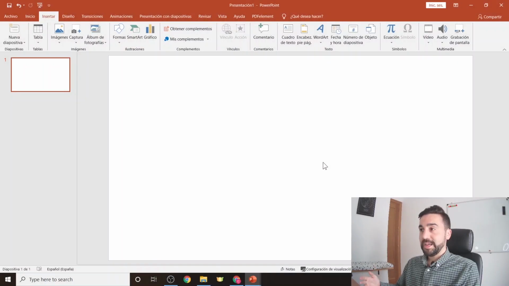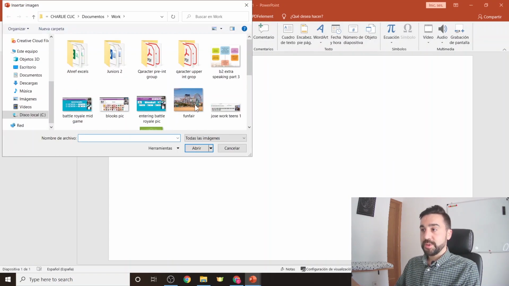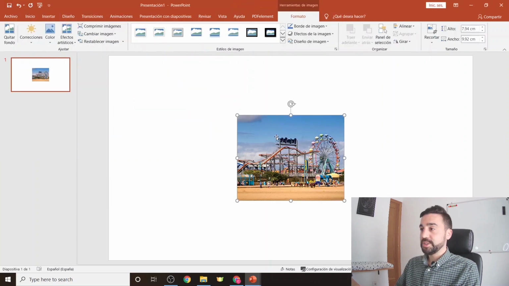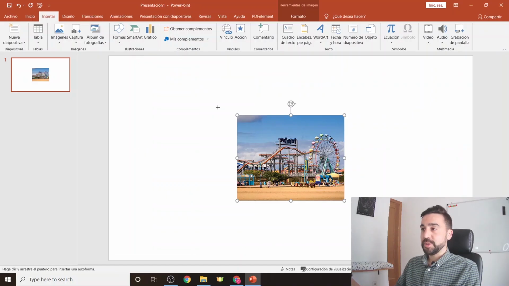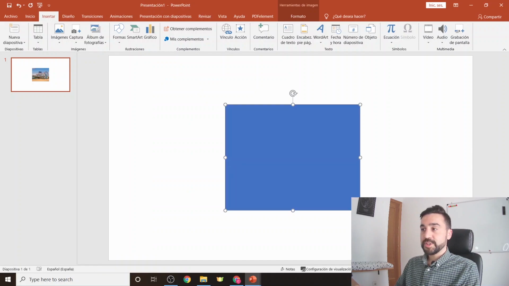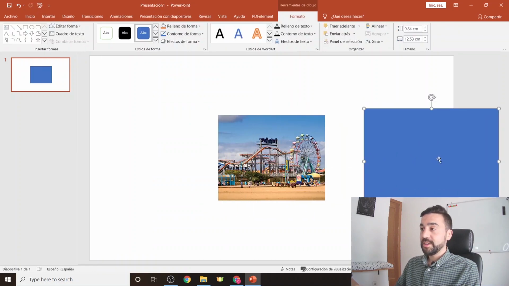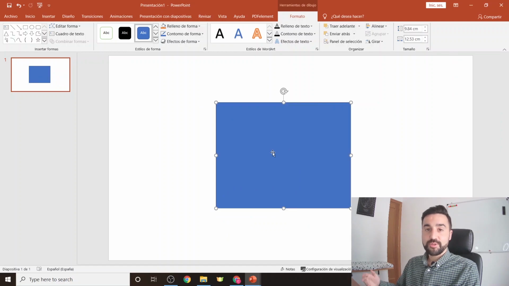So let's take a look at how we get our images onto programs like Microsoft PowerPoint, Google Drawings, or Google Jamboard. Starting with Microsoft PowerPoint. Here we have a blank presentation on PowerPoint. All we're going to do is go to Images, insert images from the computer, choose our image. Then we're going to insert a shape. In this example, we're going to use a square, pop it over the top, and now we can reveal and hide the flashcard from our students.